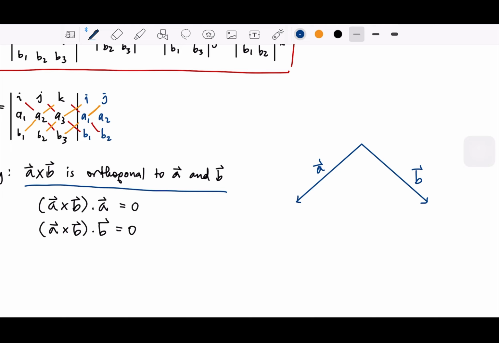Okay. So this will be A cross B. And if this is theta,